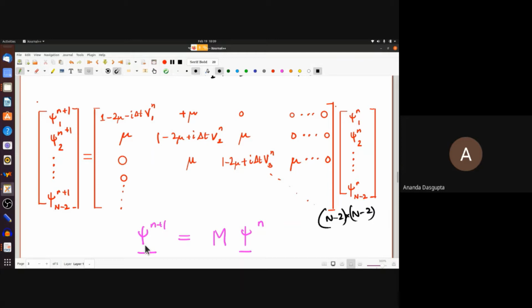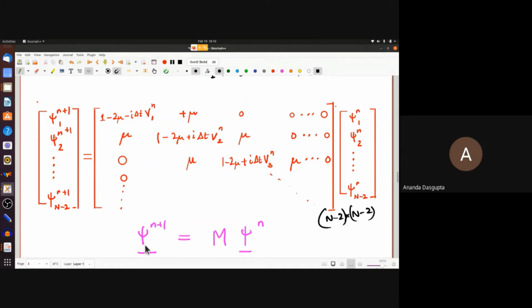So we can use Python. By the way, this is a tridiagonal matrix, which means most of its elements are 0. Only the diagonal term, and the leading subdiagonal and superdiagonal on both sides, are non-zero. Everything else is 0. So this is a very simple structure, and because of it, there are special algorithms which can help you calculate things much more easily. We are not going to go into special algorithms. We are going to treat this as any ordinary matrix, and we will use standard NumPy